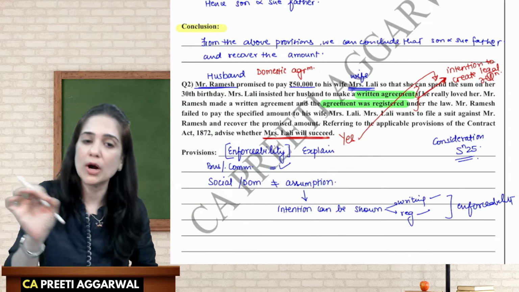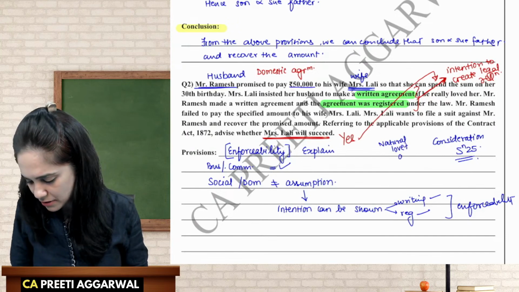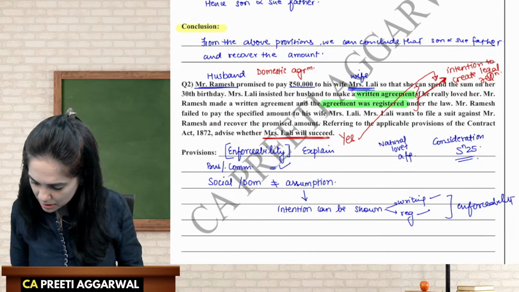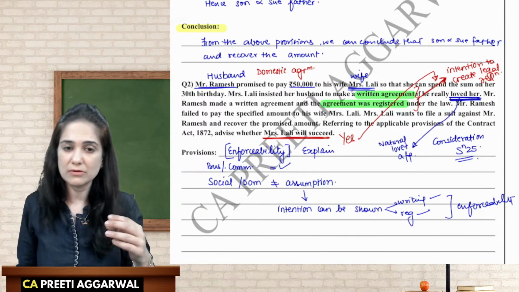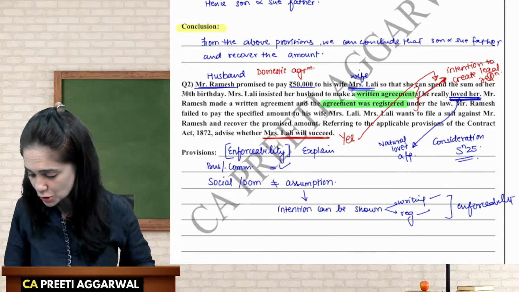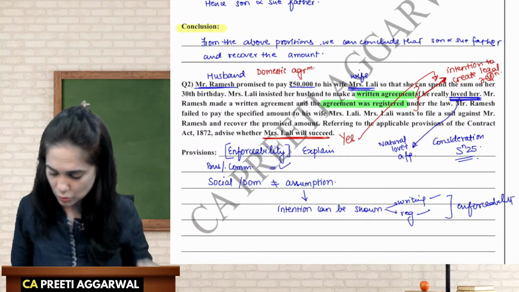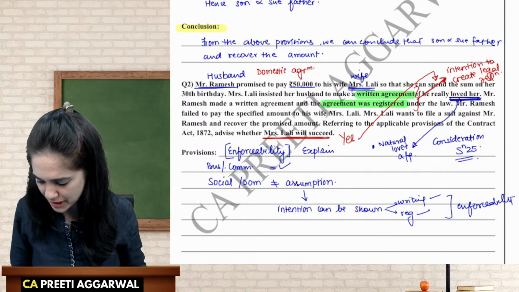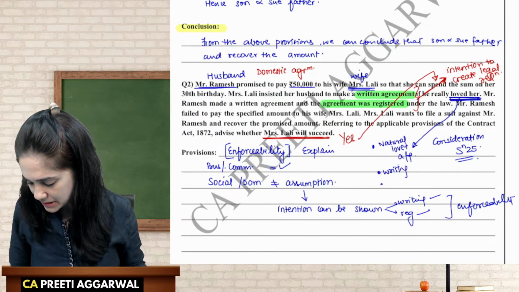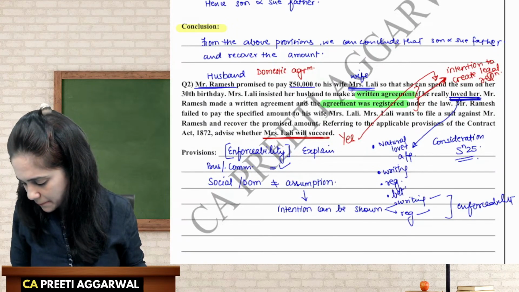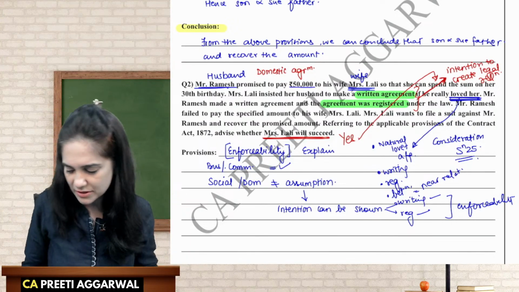But why have I not applied? Because over here the words natural love and affection were not mentioned. But here you can say that if he loved her, this can be natural love and affection. You'll have to write in your answer that I am assuming that the words loved her show that it is based on natural love and affection. So section 25, if the agreement is based on natural love and affection, it is in writing, it is registered, it is between persons who are in near relation, then even though the husband is not getting anything in return, it is valid.